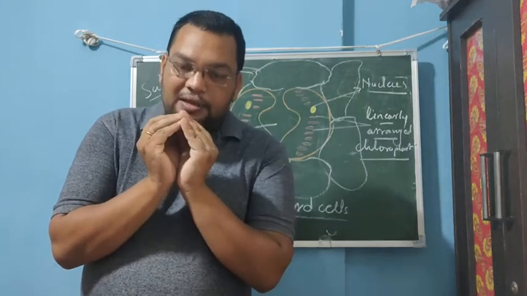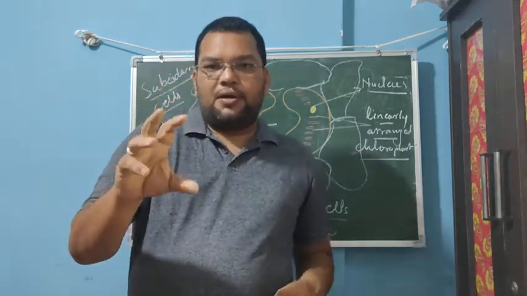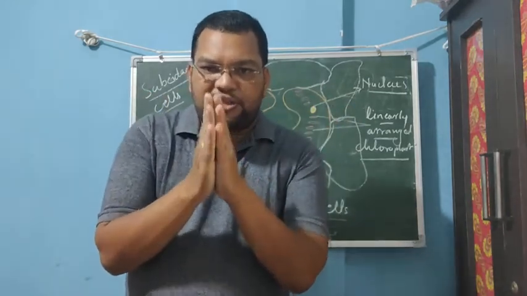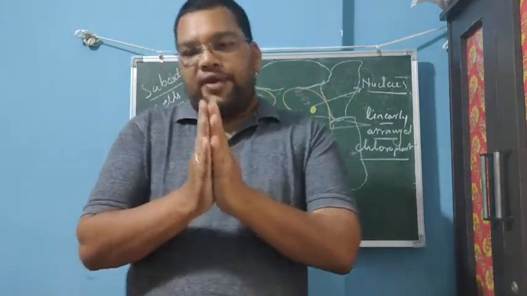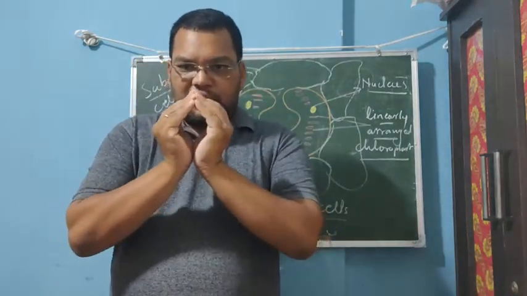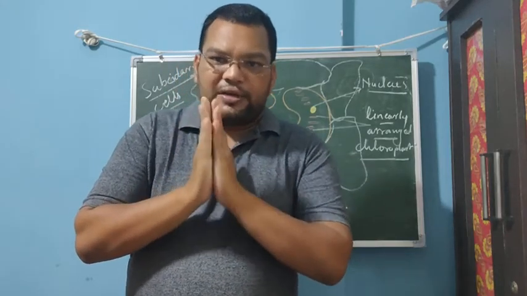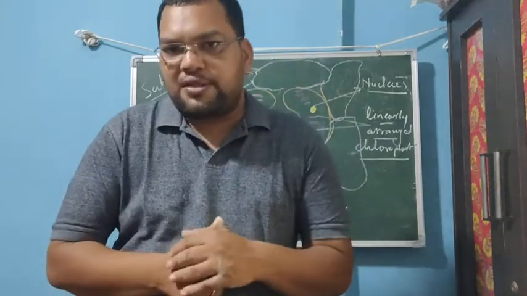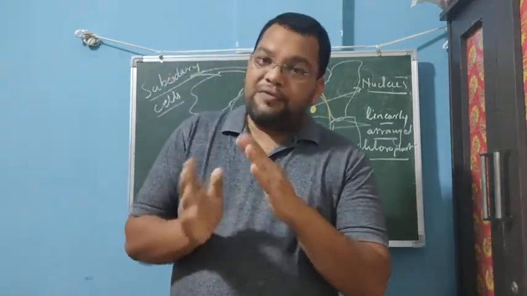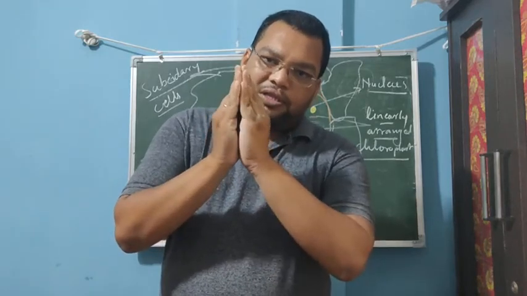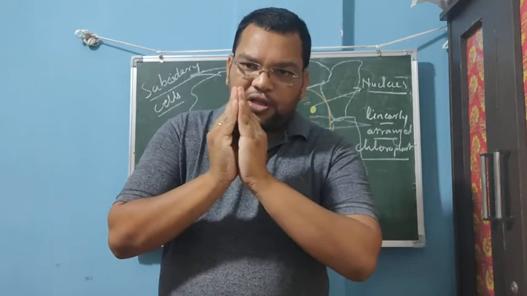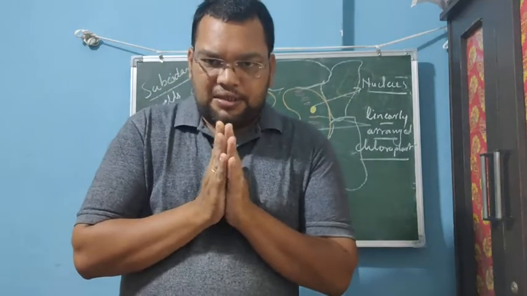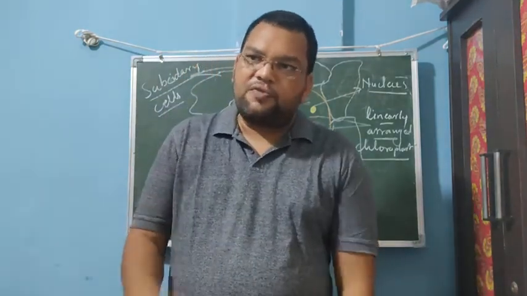And when they swell, a gap is generated in between. Let us say these are the two stomata, and this is the shrunk condition. When the water comes in, they swell, and a gap is found between them. Through that pore, transpiration and the exchange of gases occur. Now, when the water goes out, the pore shrinks. So it is the function of guard cells. The opening and closing of the stomata is the function of guard cells and the water.